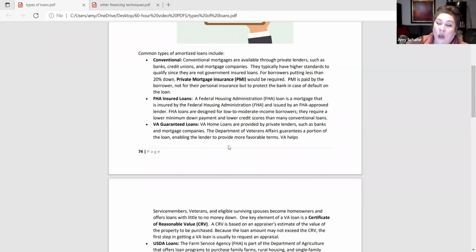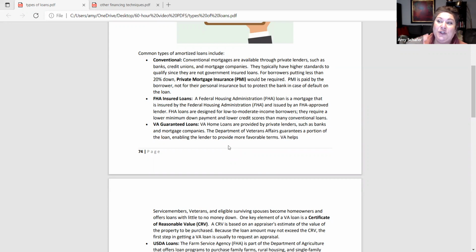An FHA loan only requires 3.5% down. It's a great loan product, but because some of those borrowers can seem to be a little bit more risky, sometimes it's for a lot. Sometimes people have low credit because they've got lack of experience with credit. This might be a good product for them,